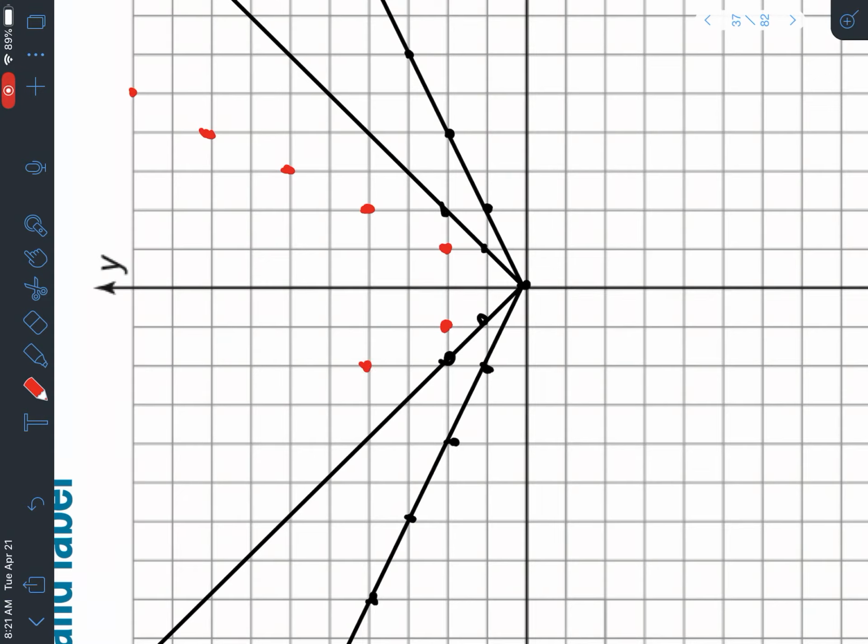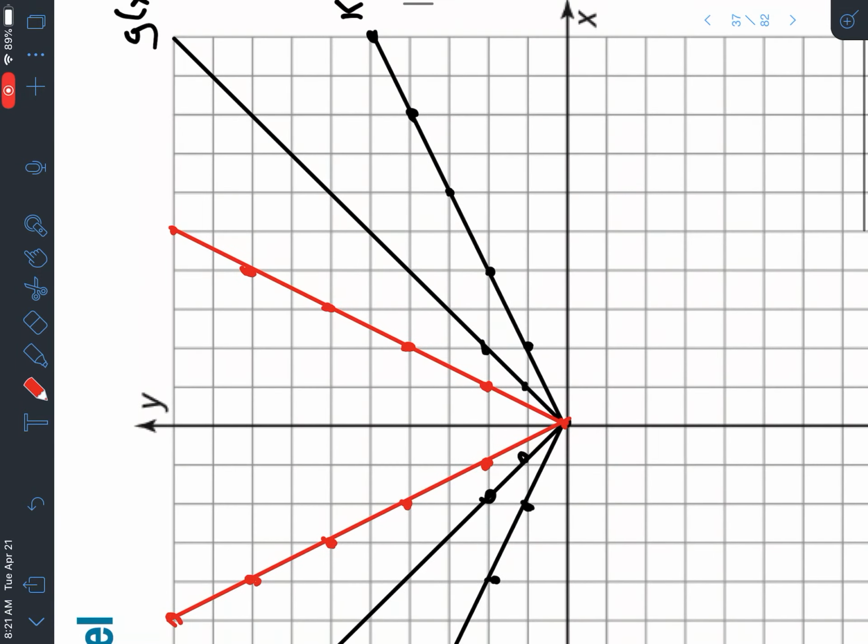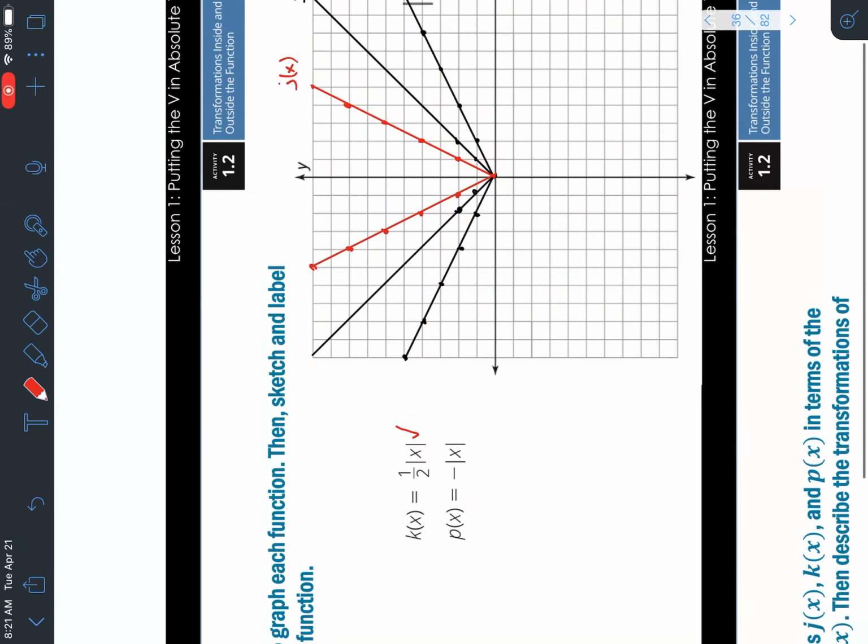Okay, so it's still going to be the 0, 0 point. And we just keep going up like this. So there's our line. And then, like I said, this is our j of x. Now we have one last one we have to graph, and it's p of x is negative absolute value of